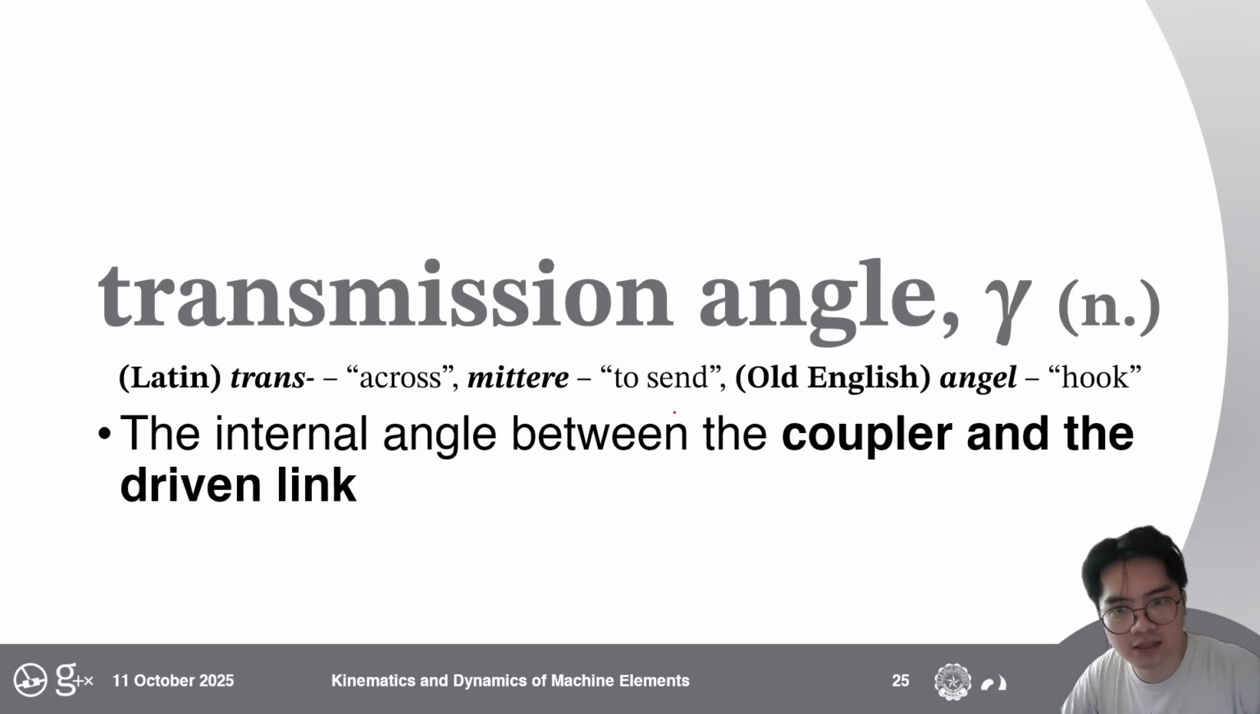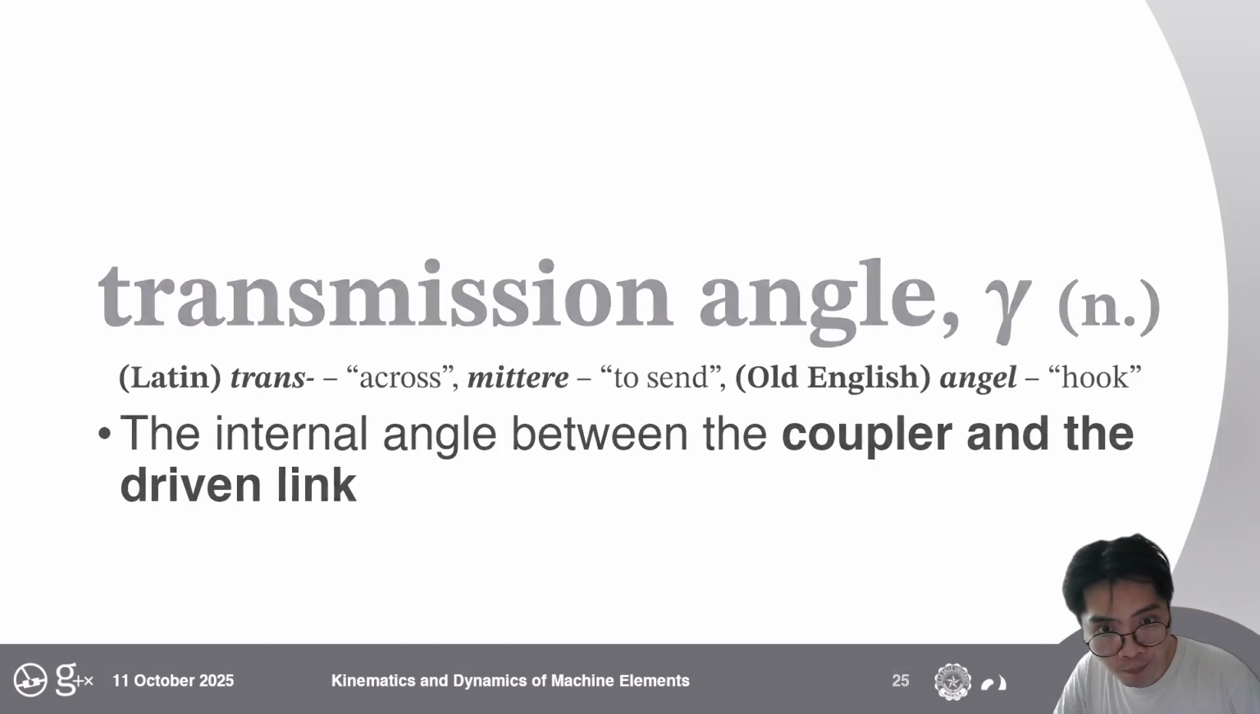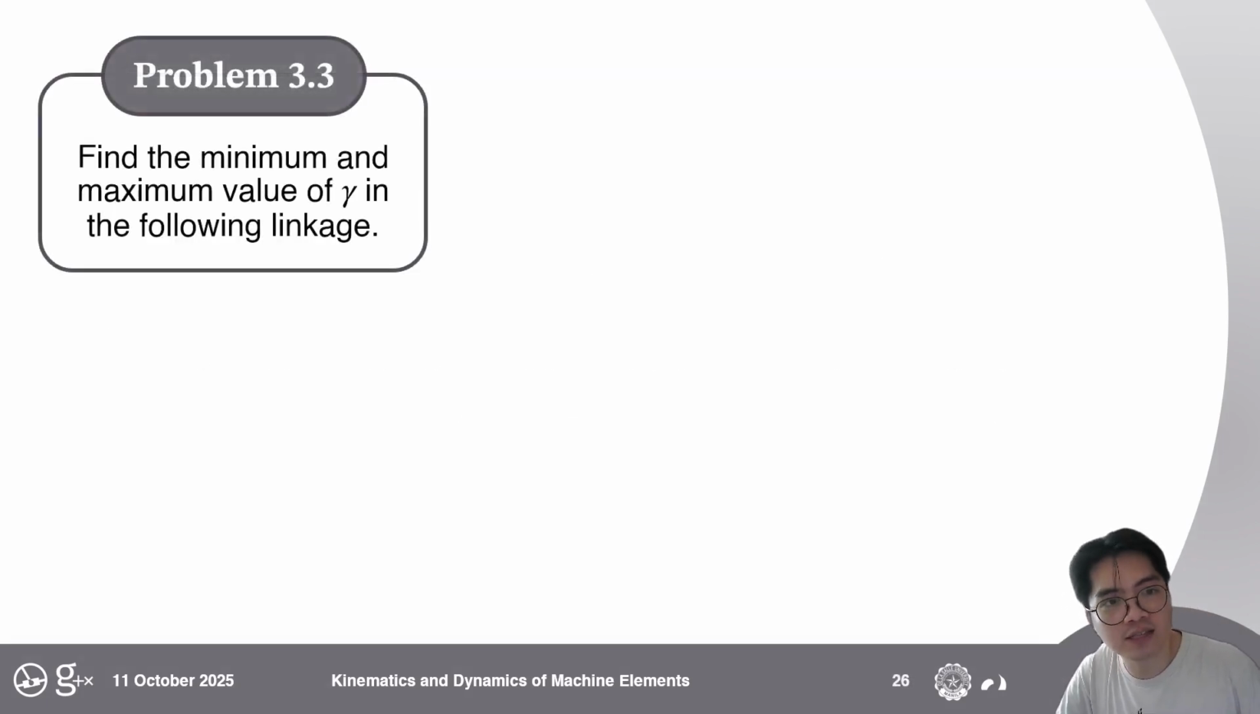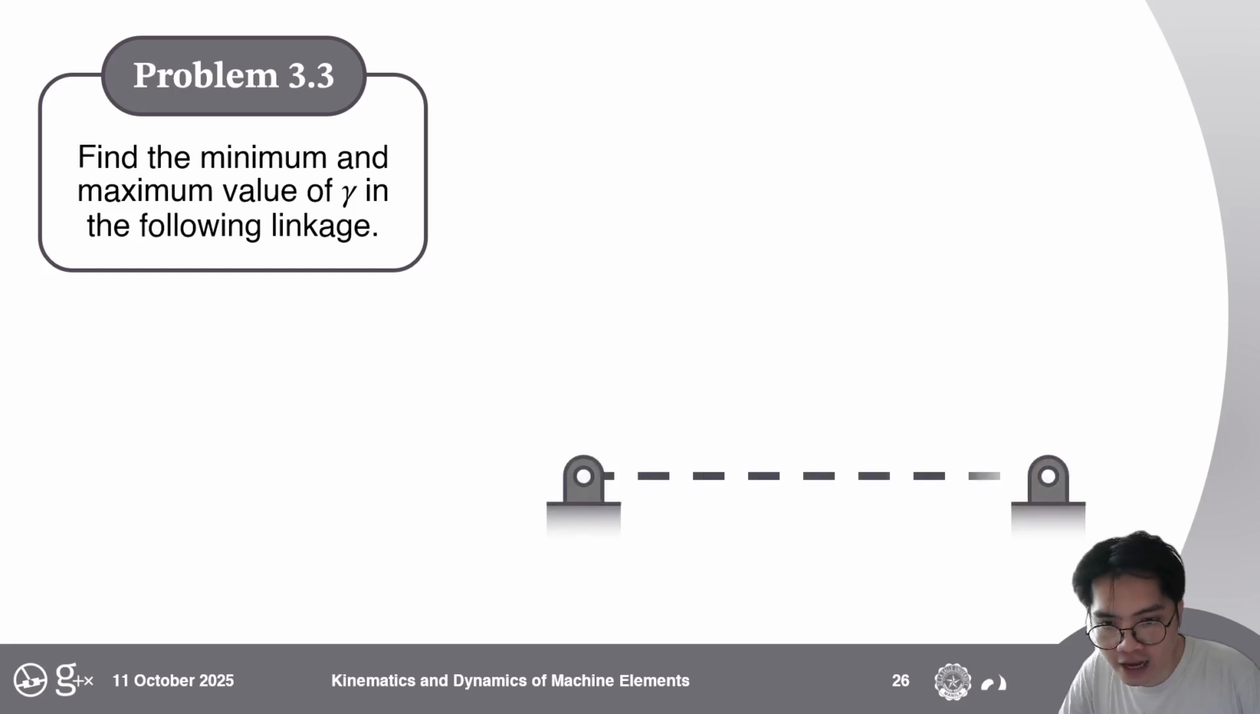But in this case, the transmission angle in linkages like this, if you know the input link, will be the angle between the coupler and the driven link. It's not the driving link or the input link, it's the output link. It's whatever you want to push, whatever you want to transmit power to. So in this case now, instead of finding theta,